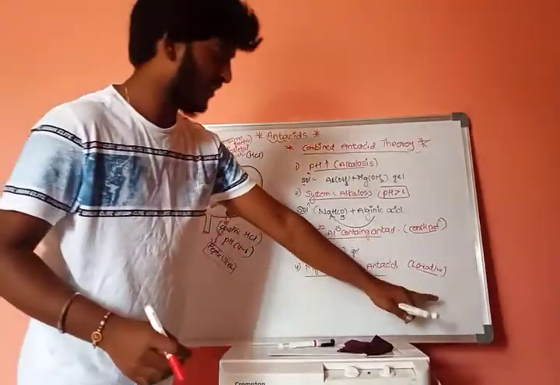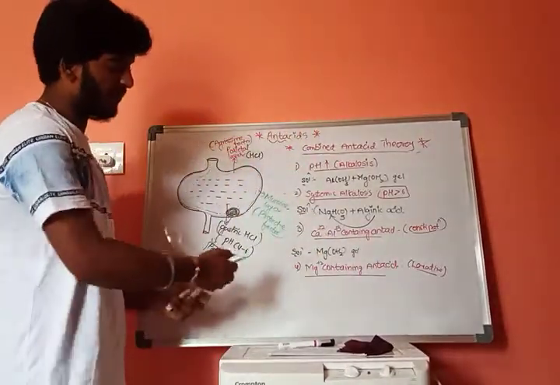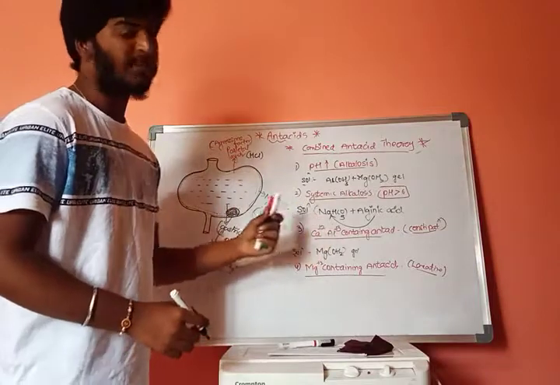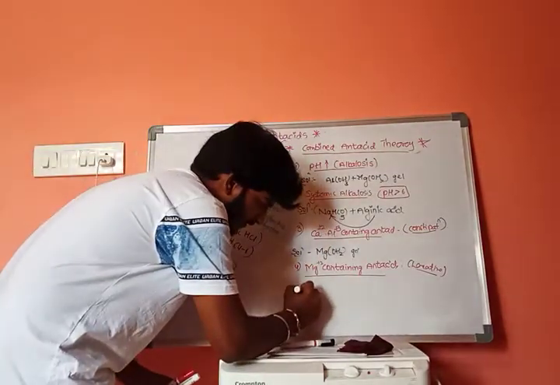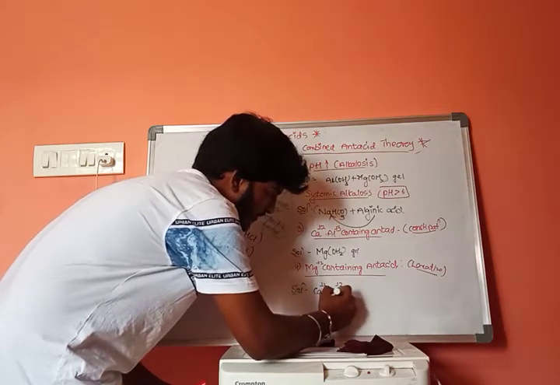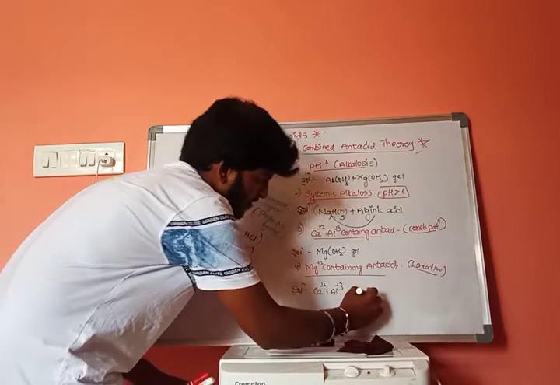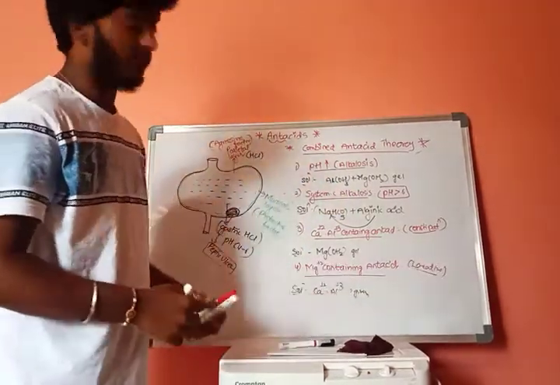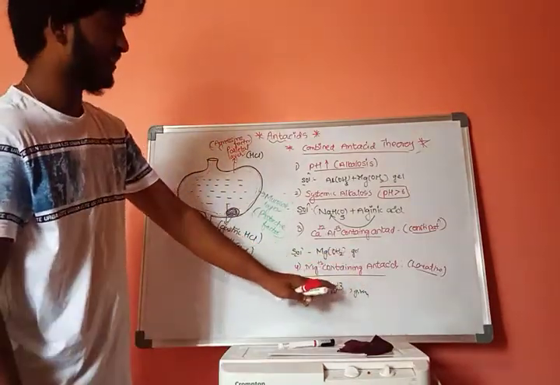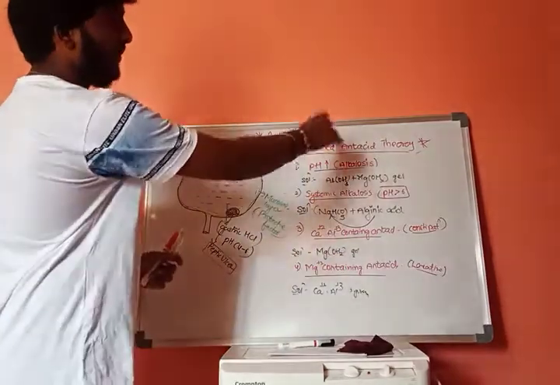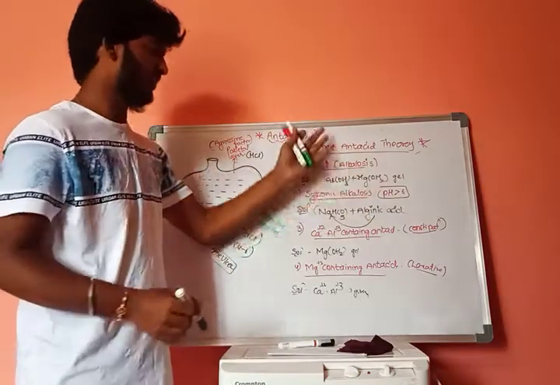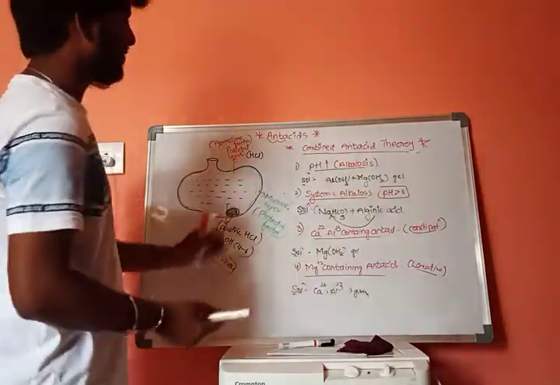In order to decrease this laxative effect, the solution for this problem is that antacids which are a combination of calcium and aluminum will be given, like calcium hydroxide and aluminum hydroxide, and in this case this calcium and aluminum will mask the magnesium containing antacids and will decrease the laxative effect. This is about combined antacid theory. In this theory, more than one type of antacid will be given to the body in order to decrease different types of problems. This is some information about antacids.